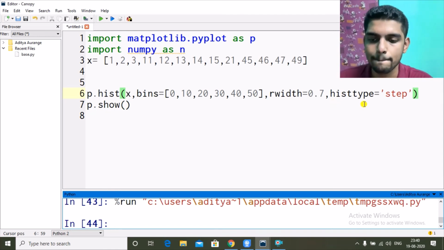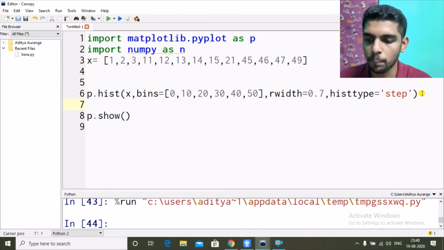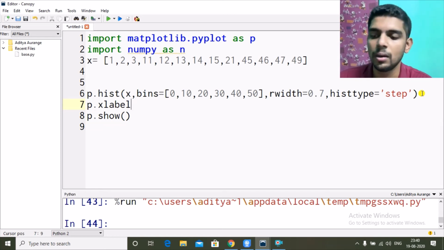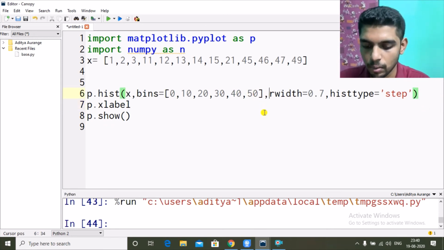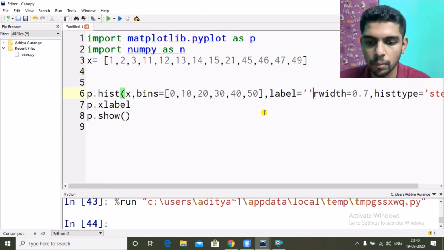Okay, and we can use the usual properties, which is plt.xlabel, ylabel, and title and legend also. To use legend, what I said, we have to give the label equal to some name.